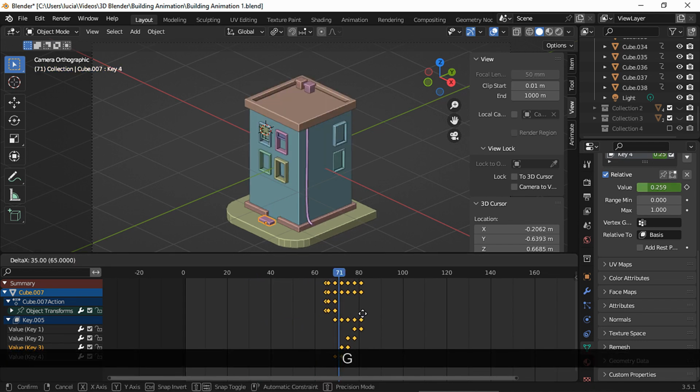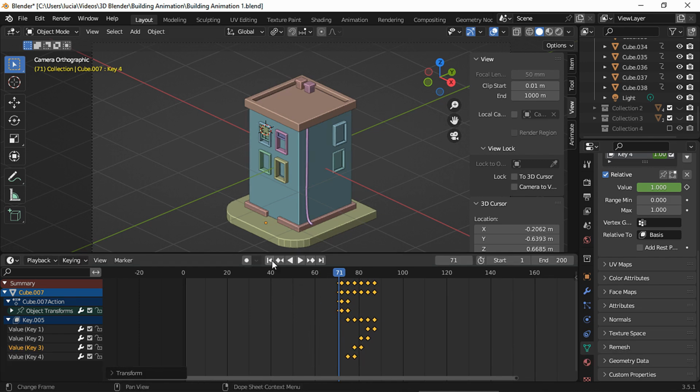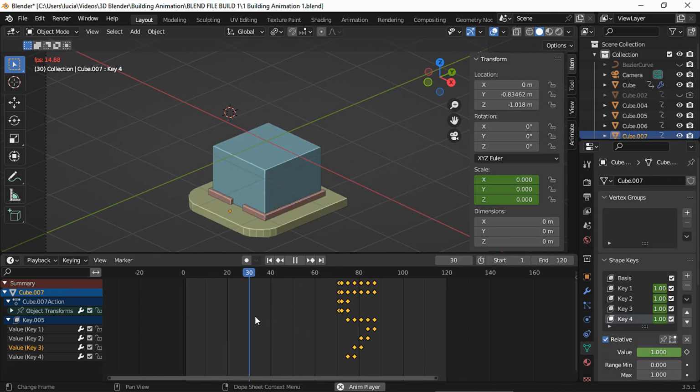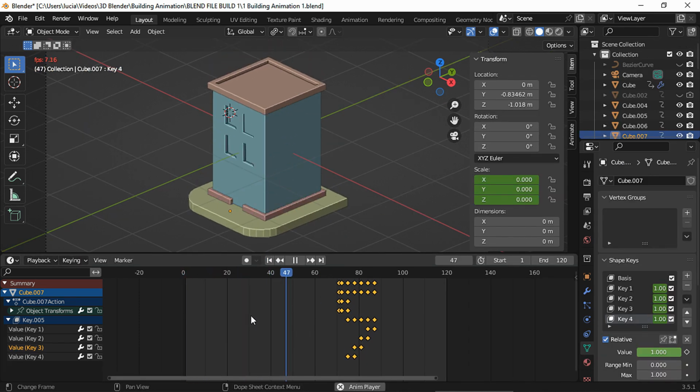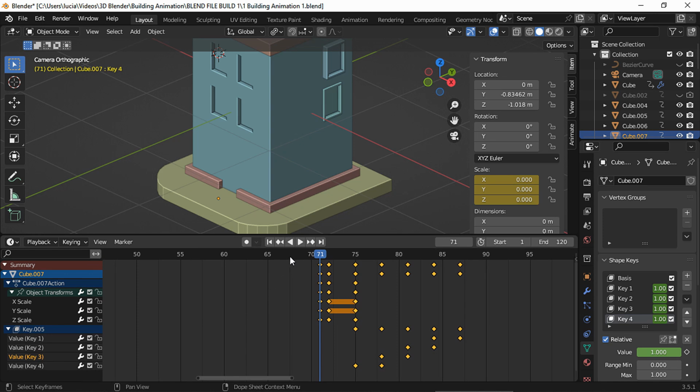And after I animated all the objects, I decided to move the keyframes one last time. Let's go through every keyframe one last time.